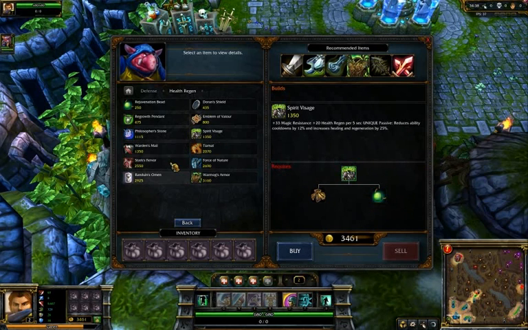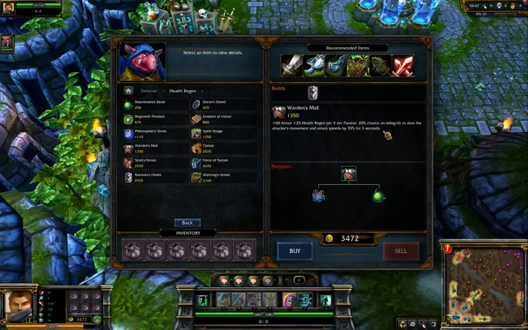Spirit Visage I've talked about. Warden's Mail, I mentioned briefly. It's fairly straightforward. It gives you armor, it gives you health, and when you get hit, there's a 20% chance that the person who hit you will be slowed. It's both in movement and attack speed. It's basically like the Phage or like the